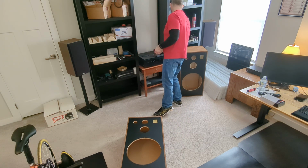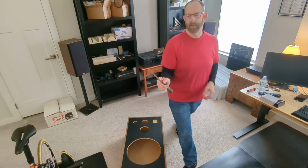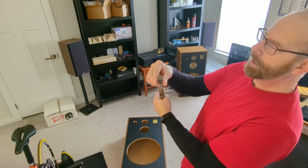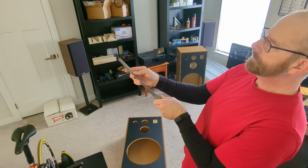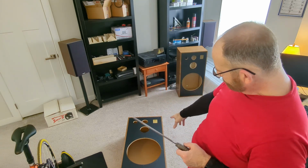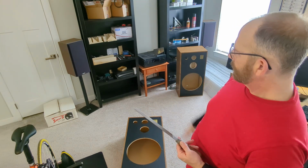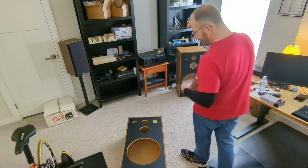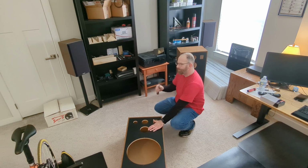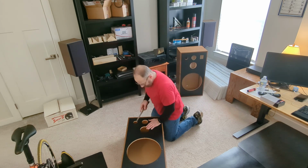And for the hole that we need, or for the chamfer, I'm going to be using what we call a half round file. Technically it's not half a round, but that's what we call them. It's fairly coarse, but not super coarse, because I don't want to tear up that fiberboard too bad. And what I want to do is just make enough of an edge for that mid-range to sit in there nice and tight. So I know in the last video you saw me come in after the fact when I thought the camera was turned off and I was chamfering this edge. But the way I did it was essentially